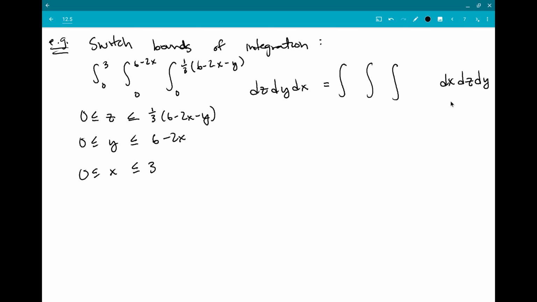Now I want to write my first bounds for x. And so these bounds, the lower ones, 0, 0, 0, those didn't depend on x, y, or z. So I can go ahead and keep them. I know that x is still bound below by 0 no matter what, because x, y, and z are all positive. And my upper bound